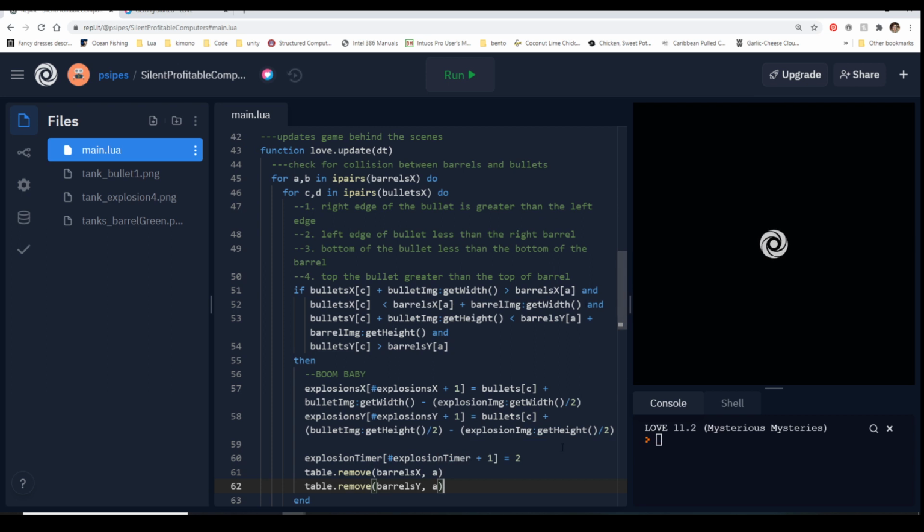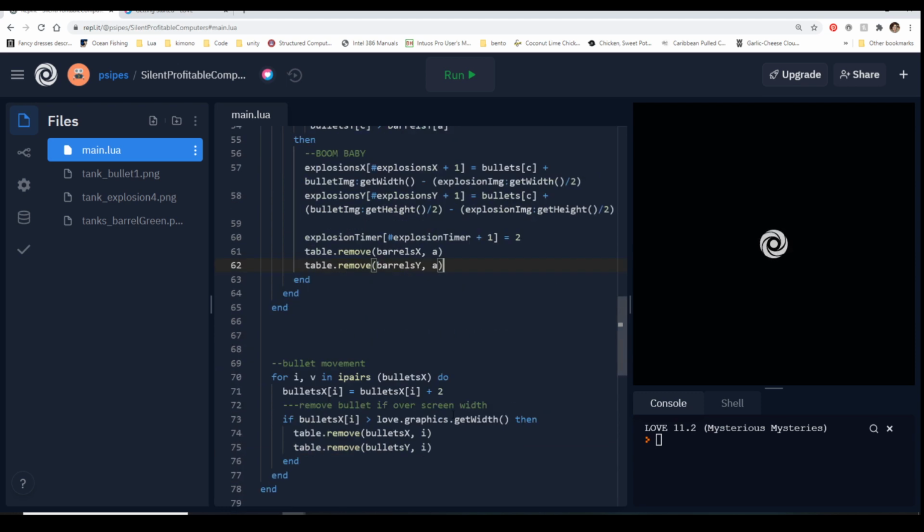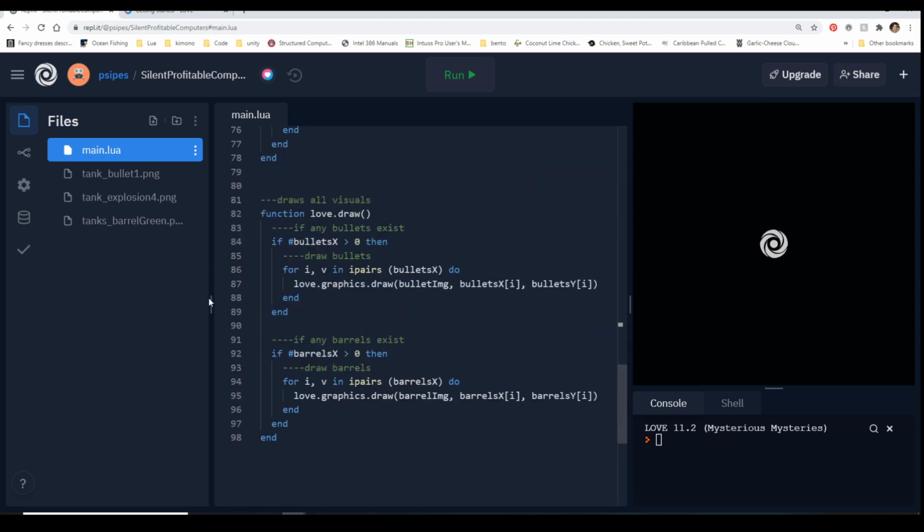So now we technically have the logic here, but we're not drawing anything yet. So we need to draw the explosions. So down here, exactly how we've done all of these others, we can go ahead and copy this.